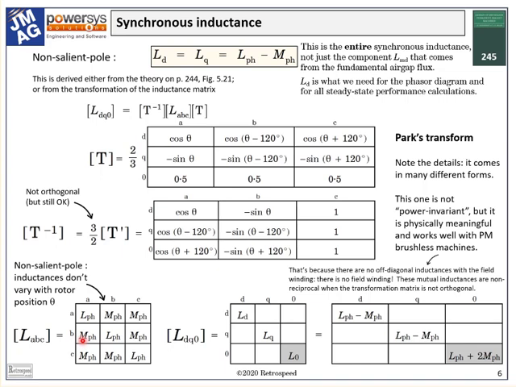which for a three-phase machine contains 9 inductances, 3 self-inductances on the diagonal and 6 mutual inductances on the off-diagonals. You note that it's a full matrix, which means that the 3 flux linkage or voltage equations for the 3 phases are not independent. The important property in this very simple case is that the phase self-inductance and the phase-to-phase mutual inductance MPH are constant, and in particular that they are independent of the rotor position.